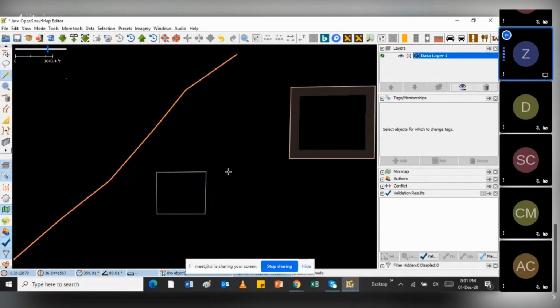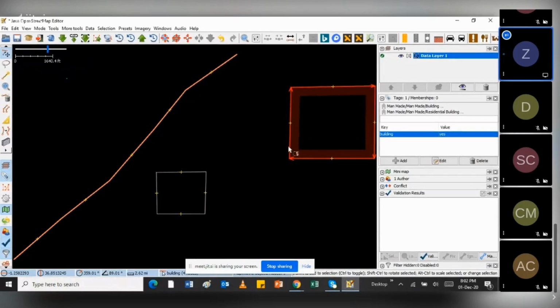Then if I want to tag the building, for example I've already finished drawing the building and now I want to tag it, I come back to the editing panel here and click on the first one, which is the select tool. Once I click on that, it gives me the ability to select a specific feature.